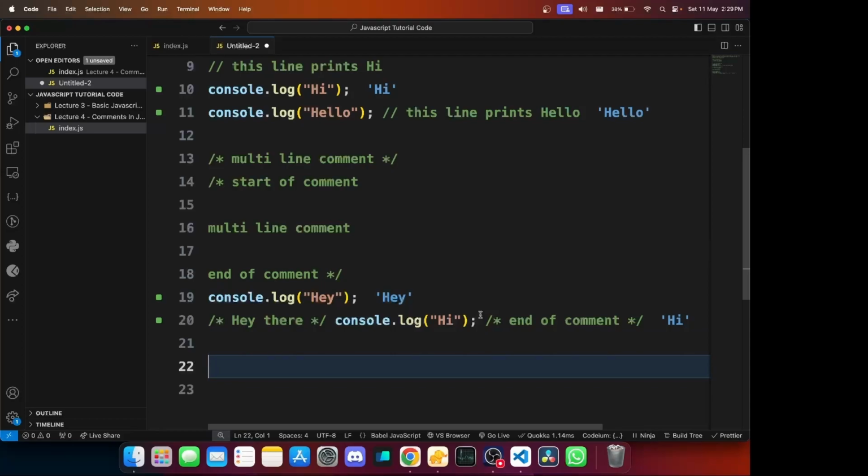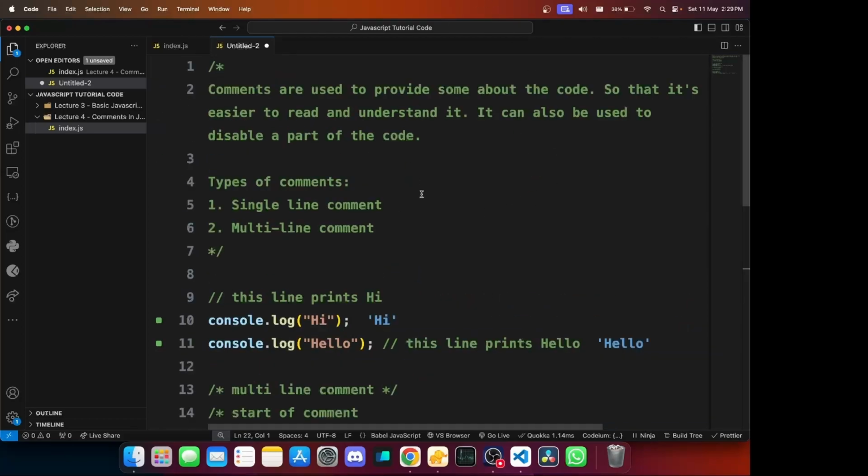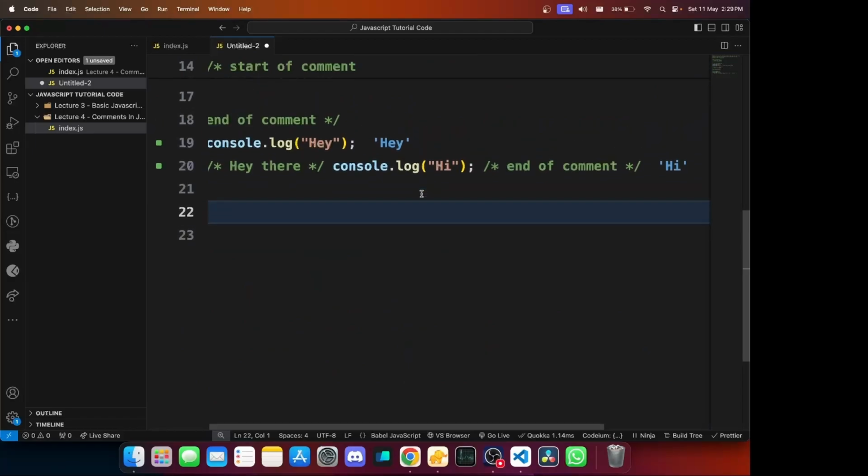That's how you can write multi-line comments. Last thing is, it can also be used to disable part of the code. Now this is very important to understand. Let's say you were writing code for animating something on the screen, and you found 3 approaches. So you tried all of them together, and then you have to arrive at a final conclusion.